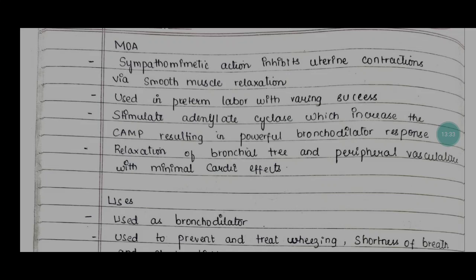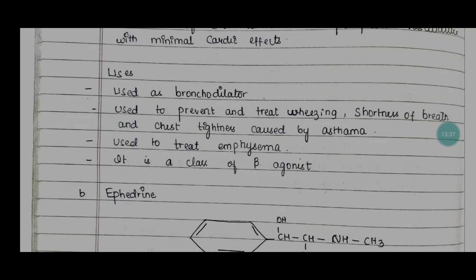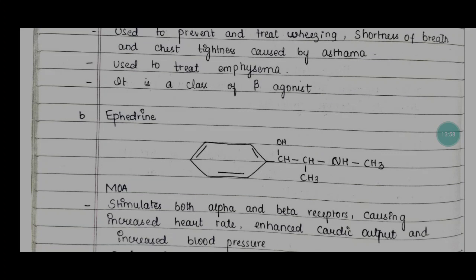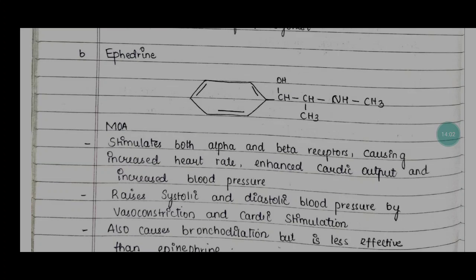So the uses for terbutaline: it is used as a bronchodilator, it is used to prevent and treat wheezing, shortness of breath and chest tightness caused by asthma, and it is used to treat emphysema. It is used as a class of beta agonist. And number B, the structure and mechanism of action for ephedrine: the mechanism of action, which stimulates both alpha